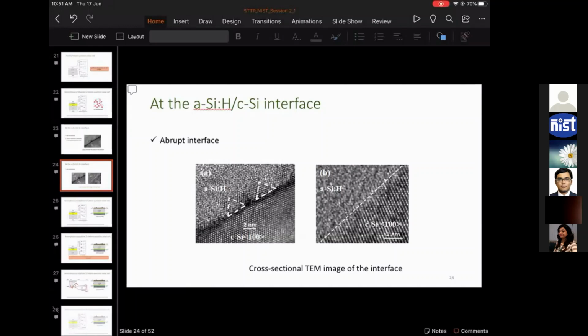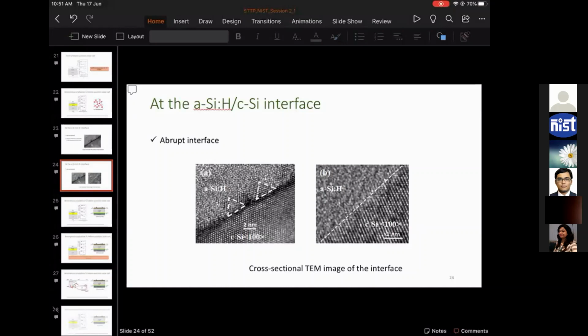The precursors, the silicon containing species that are coming towards the substrate, will have high thermal energy because of the high temperature of the substrate. Now these silicon containing species can hop from one point to another before they find a good point to sit in terms of minimizing their total energy, right?